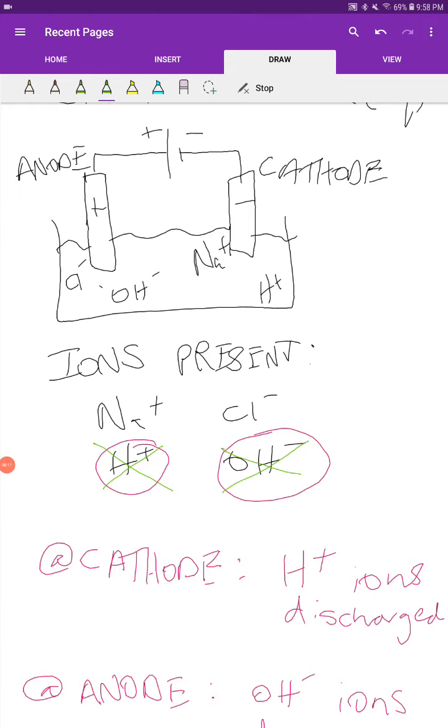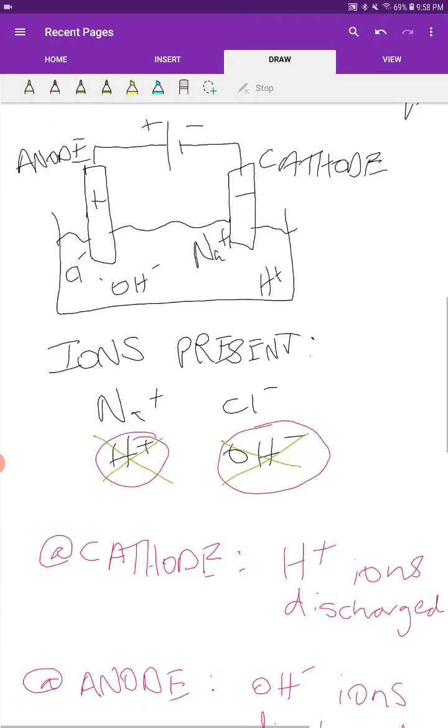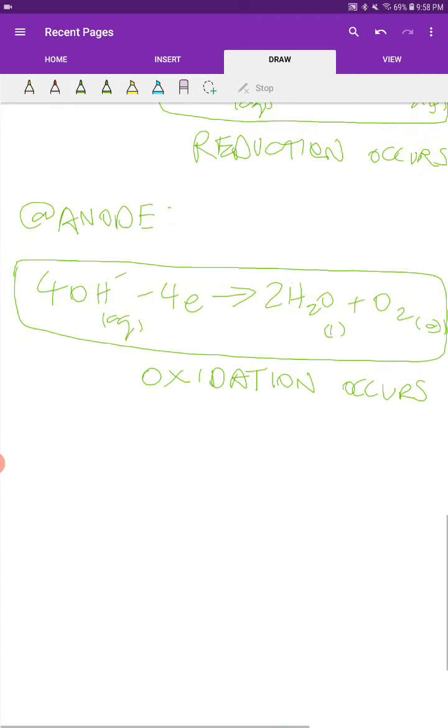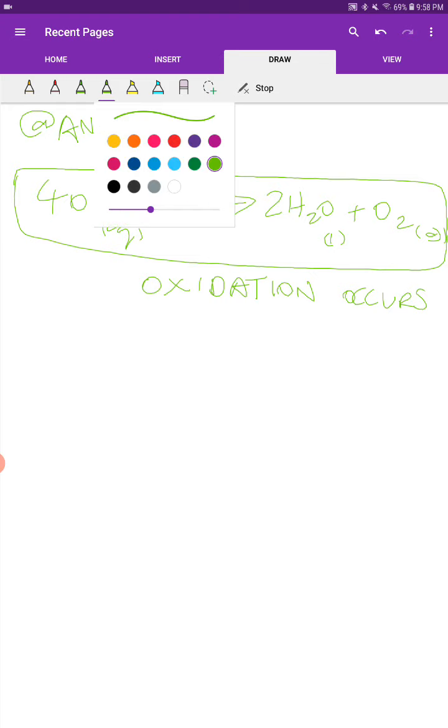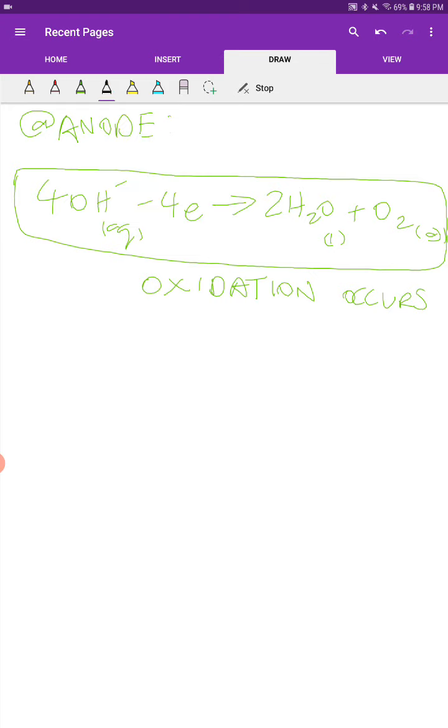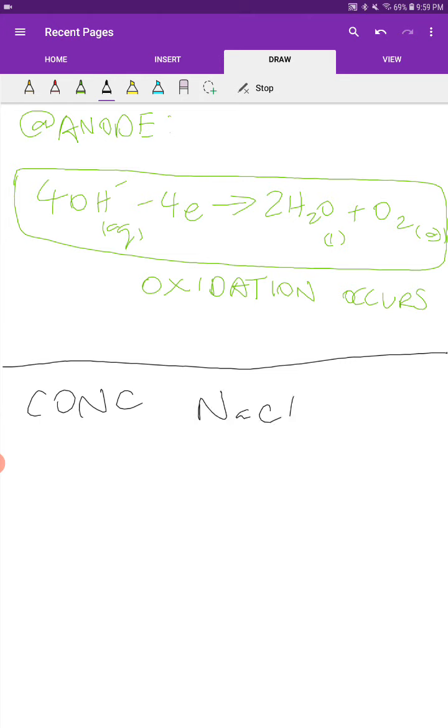So what will happen now if we shift gears and we look at a concentrated solution of sodium chloride? Concentrated solution of sodium chloride is special chemical. It's called brine, and brine is used in preservation of food and in packaging of food. So now we're looking at concentrated sodium chloride,